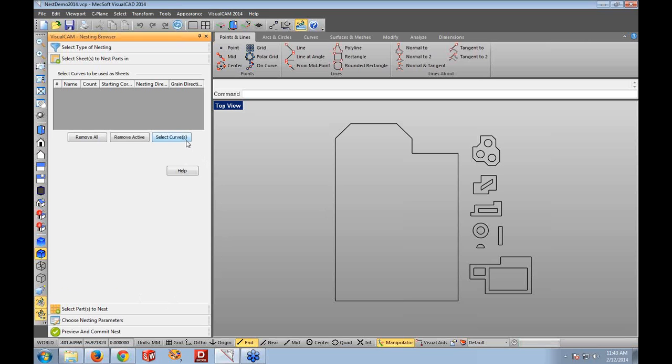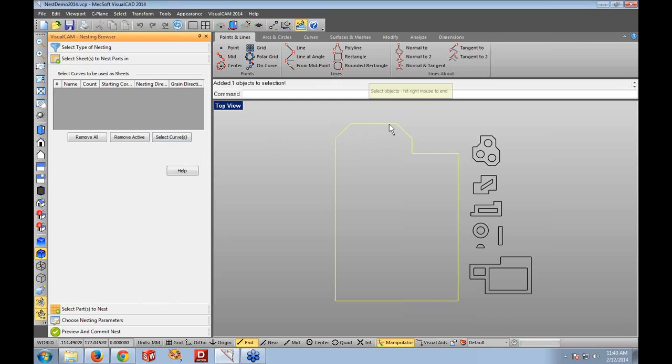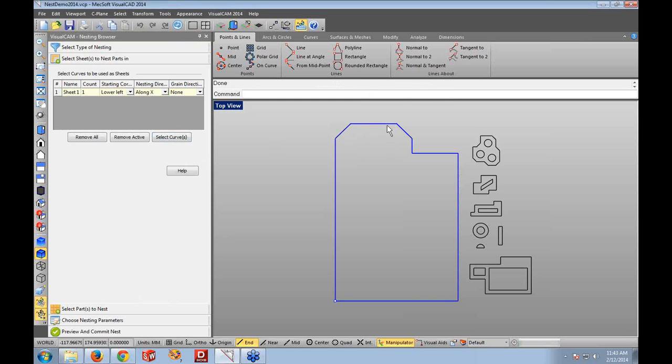And so I'll have Uday go out and select that one large shape, and right mouse button accepts that, and then I'm going to have him set the count to 3, as if we have 3 of these sheets. And you'll notice that on that same panel, real quickly, you can specify where you want the nesting to start, any one of the 4 corners, the first direction that the nesting should be